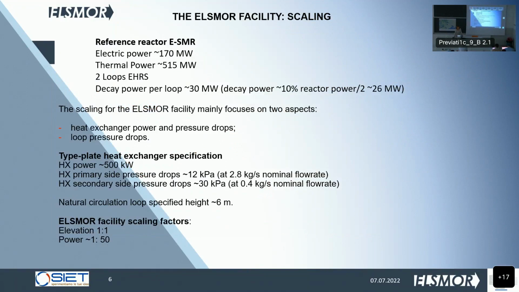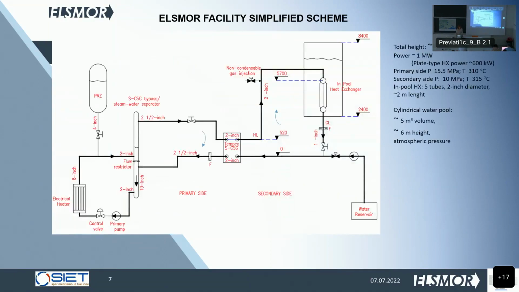So we tried to reproduce those drops or to find a heat exchanger with similar pressure drops. So just to have a look at a simplified scheme of the facility in order to understand what we are